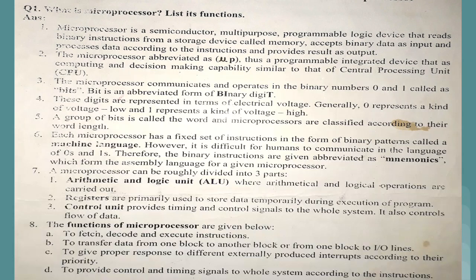So these instructions are abbreviated as mnemonics, meaning we write the instruction in a different format, like English-like language. If I want to perform the add operation, then I have the ADD instruction. If I want to perform subtraction, then I have the SUB instruction. So we have many instructions which can be easily understood by the normal user, and these are called assembly language programming. This is the programming we are going to learn from the second chapter.